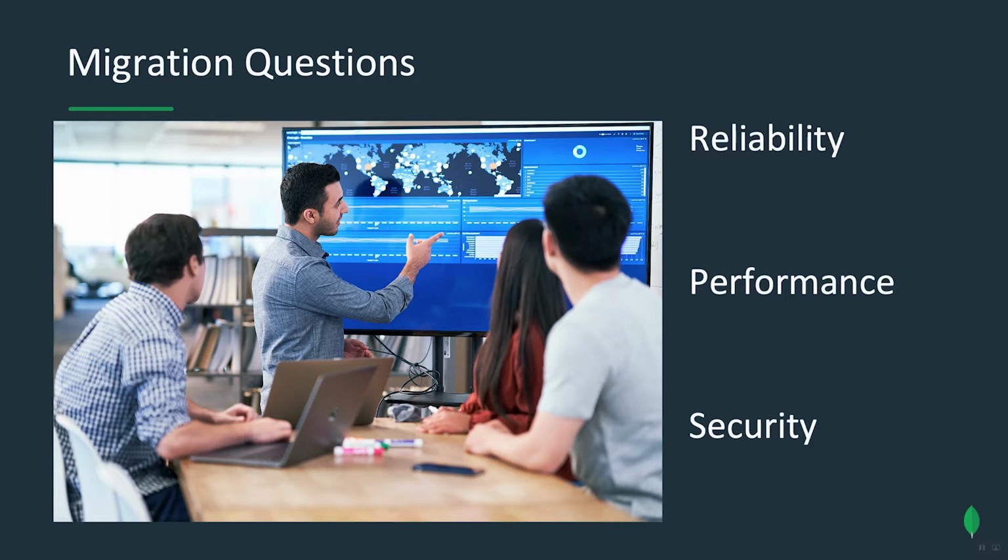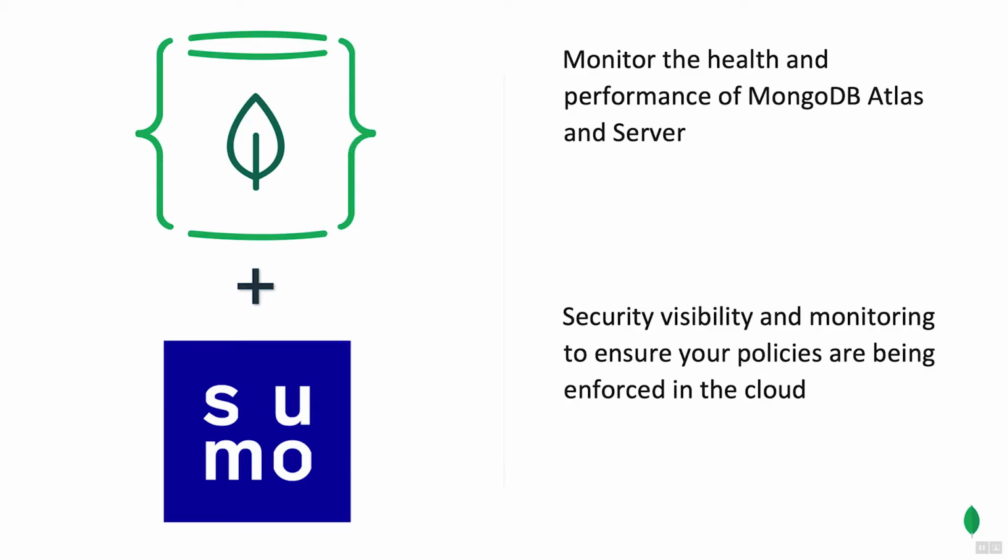So at the end of the day, when you migrate to the cloud, you don't want fear and apprehension to prevent you from getting all the benefits of running MongoDB in the cloud. So to address these concerns and help you make sure your databases in the cloud are running reliably and in a performant and secure manner, we at Sumo Logic have partnered with MongoDB to deliver real-time monitoring solutions for both